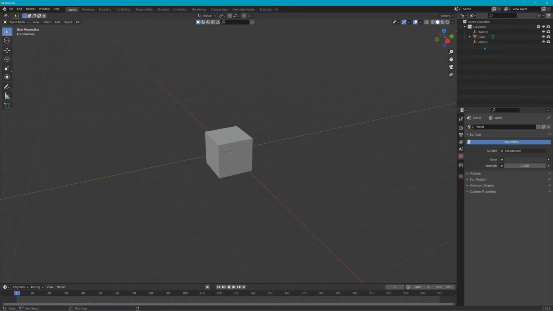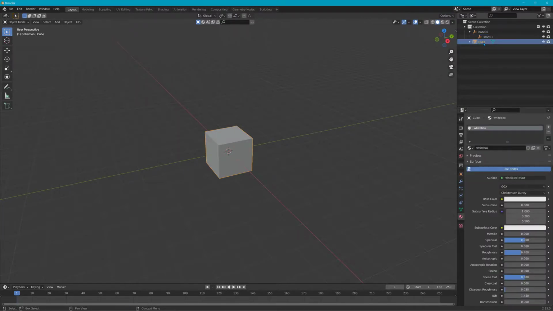Hold shift, left click, drag start 01 into base 00. Undo this tab and do the same thing with the cube. Hold shift, left click, drag, and drop into start 01. Now